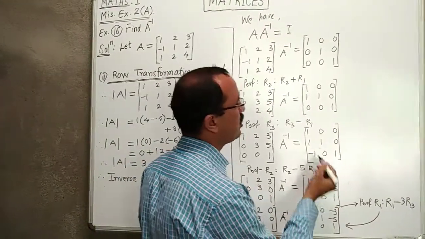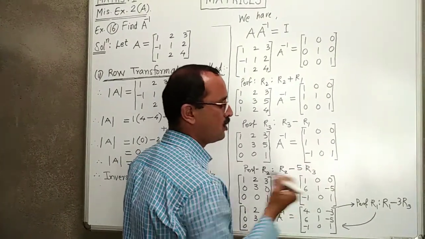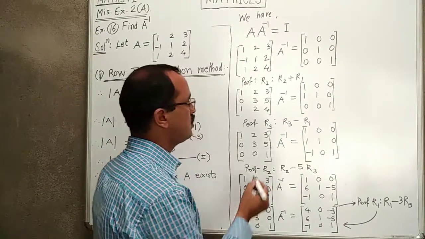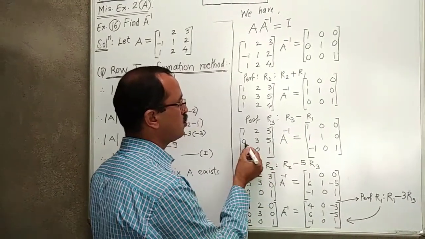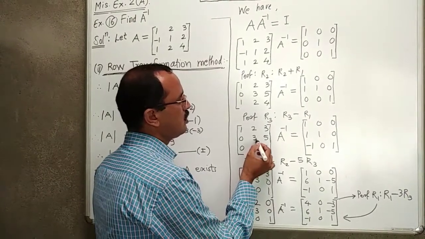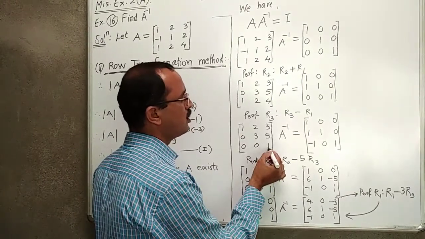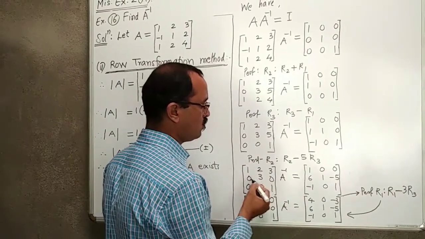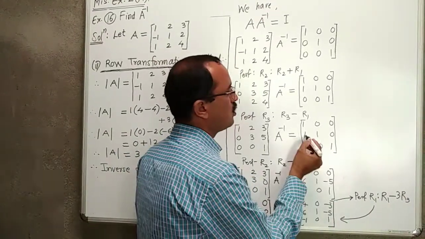Here also on the right hand side R1 is 1, 0, 0 and R3 is minus 1, 0, 1. Now we change R2. R2 minus 5R3 means we multiply R3 by 5 and then subtract from R2. So 0 minus 5 into 0 is 0. Then 3 minus 0 into 5 is 3 minus 0, 3. And here 1 into 5 is 5, 5 minus 5 is 0. So we get row R2 as 0, 3, 0 into A inverse is equal to,